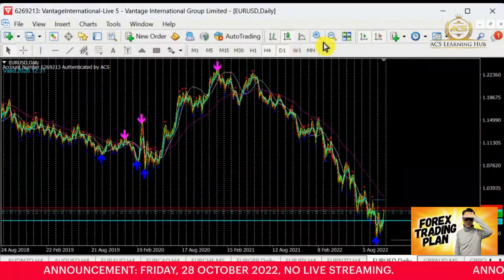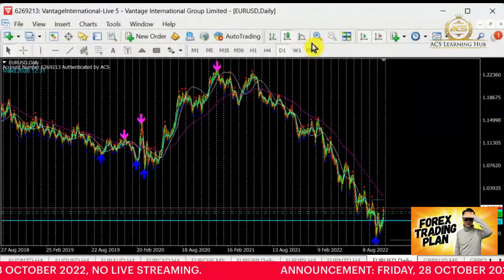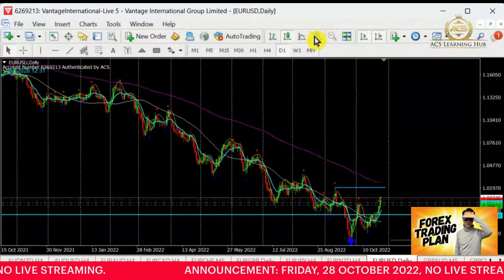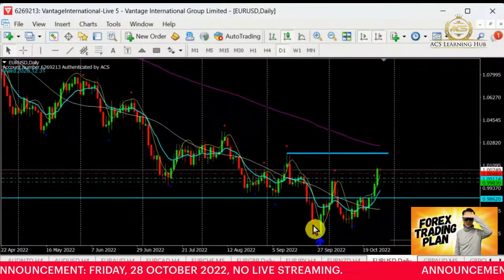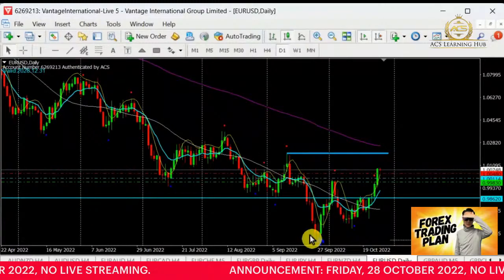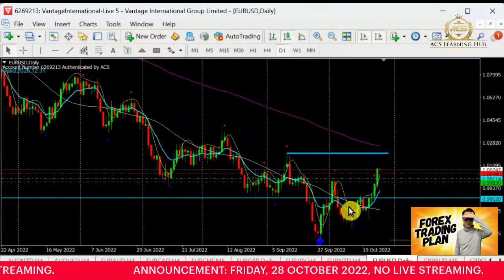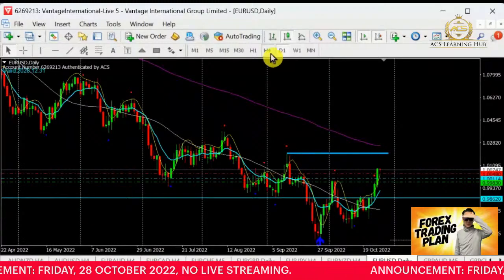All right, so for Euro dollar, very straightforward. It's a downward trend. Over here, this is a downward trend, Euro dollar. Coming in, as we can see, when this downward trend hits a certain level, it becomes a higher support, going for a retesting of the resistance here.